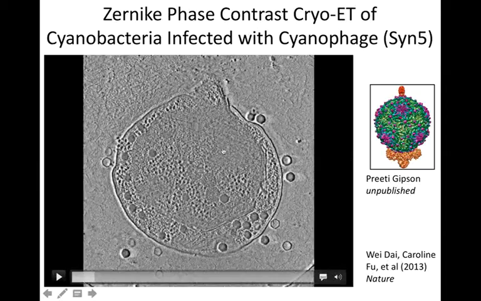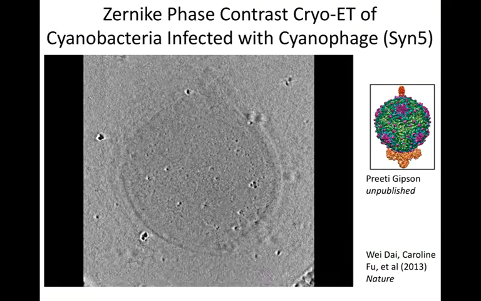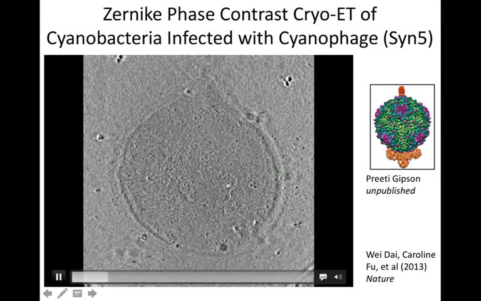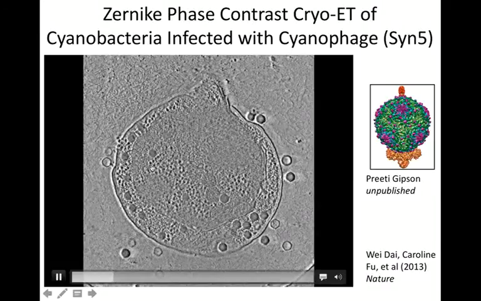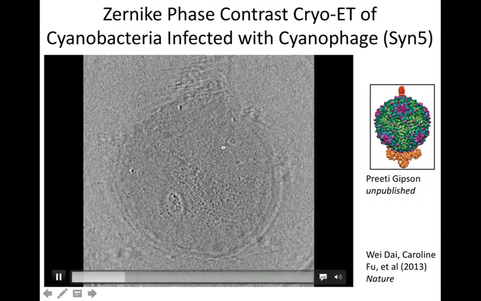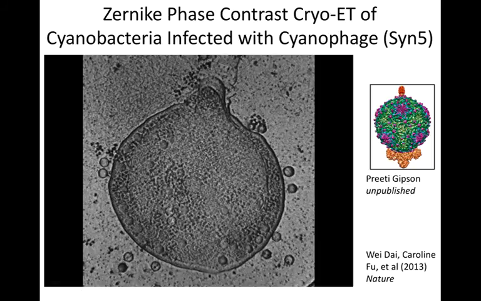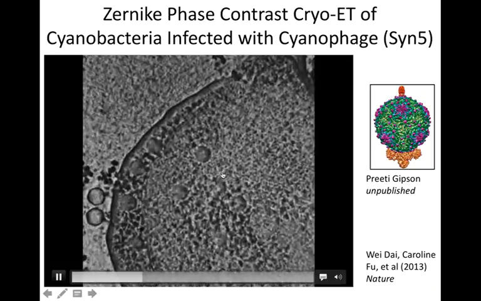And so here is a tomogram of the cyanobacteria, which has been infected by the cyanophages for a little longer time, which represents the late infection stage of the bacteria. And as you can see, there are a lot of features on these ice-embedded cyanobacteria infected by the cyanophages, without fixative, without negative stain. And so in order to see the features further inside the cell,